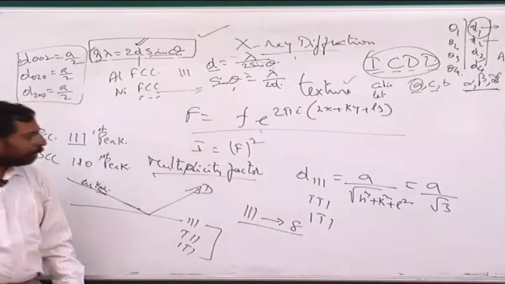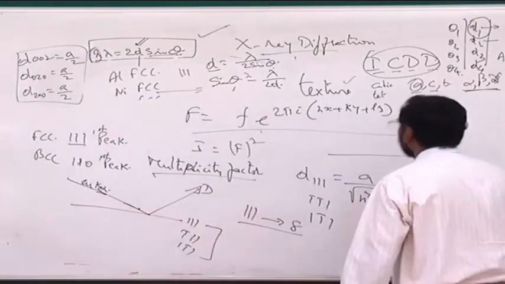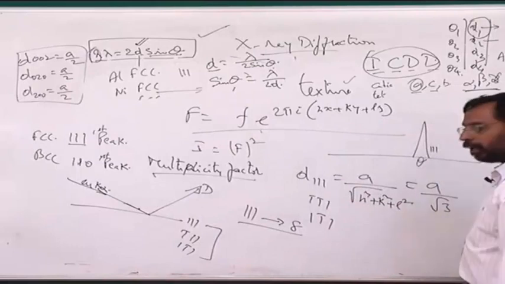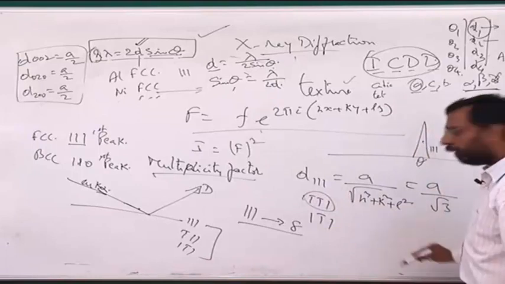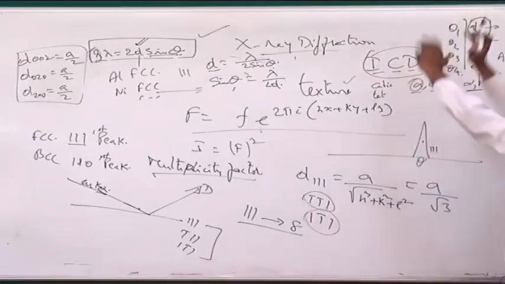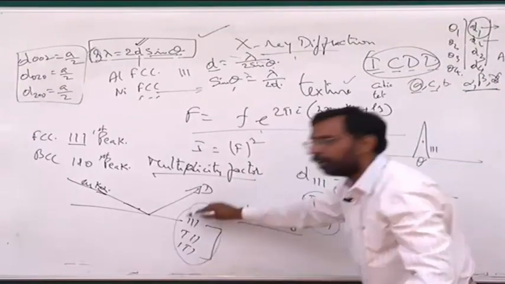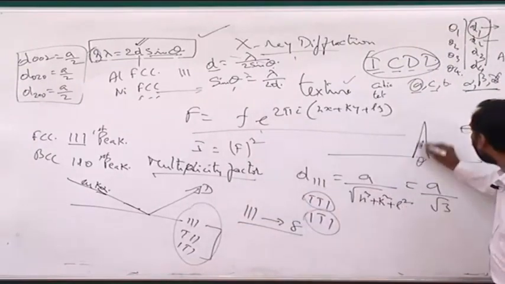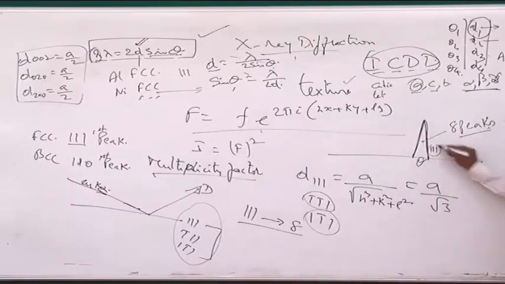What does that mean? That means that in an XRD pattern, the 111 peak will have some intensity falling at a particular theta, and the diffraction that is taking place from the other planes also will fall at the same theta. So all these things get added up. The diffraction that is happening from all the 8 planes get added up, and what you actually see as a peak here is a composite. It is not diffraction happening from one single plane.